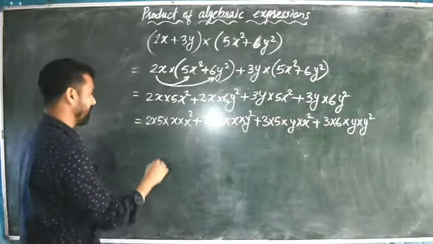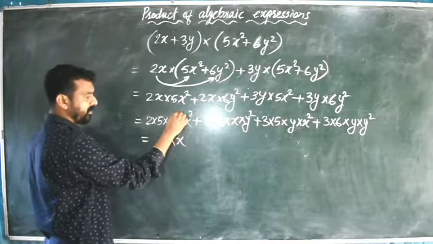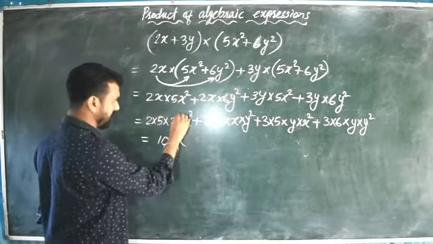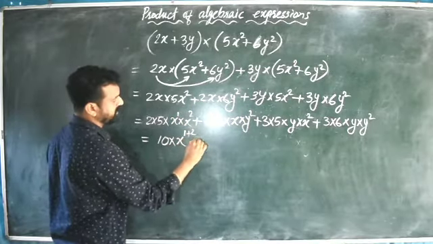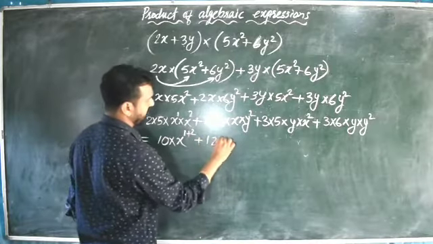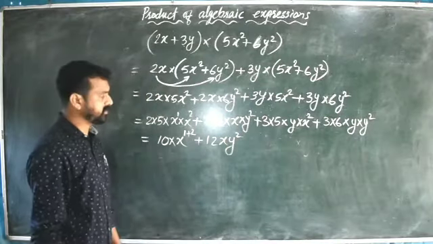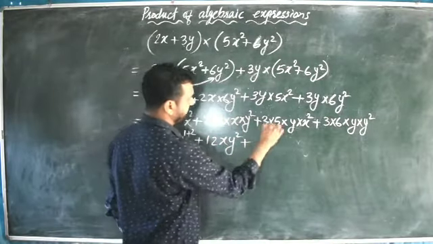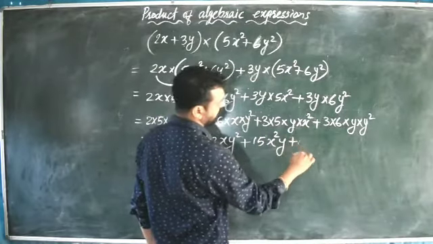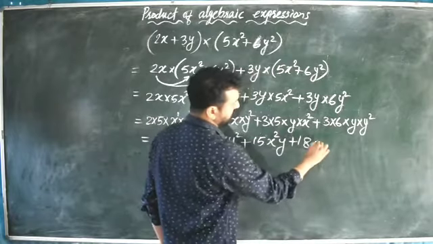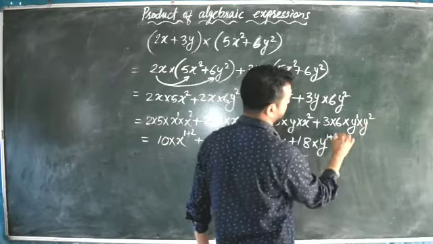Then that is equal to 2 5s are 10 into x raised to, you see the laws of exponents, here it is power 1, so it will come x raised to 1 into x raised to 2 is equal to x raised to 1 plus 2, plus 6 2s are 12 x y square. Here we cannot add this x and y, so we will write it as it is, x y square, plus next one 3 5s are 15 y into x square, that we can write x square y, plus 6 3s are 18 into y square, y power is 1, so it will come 1 plus 2.